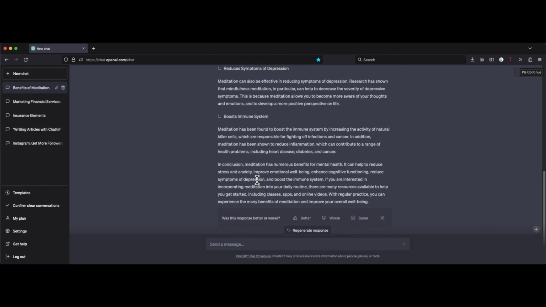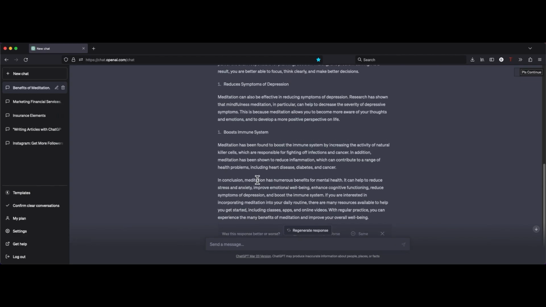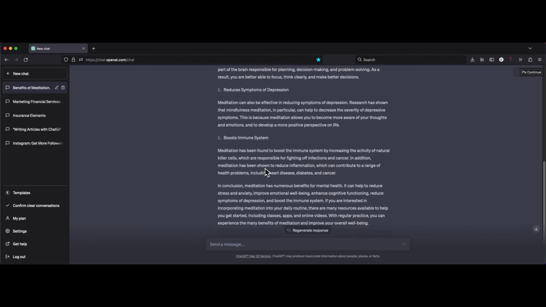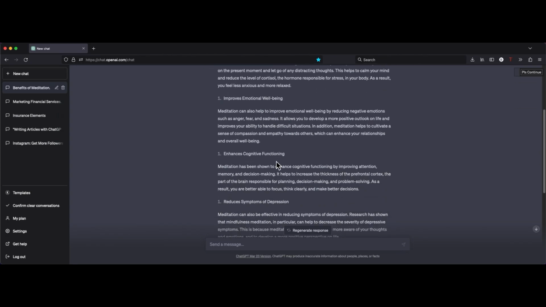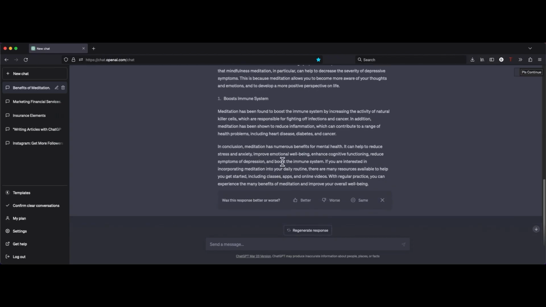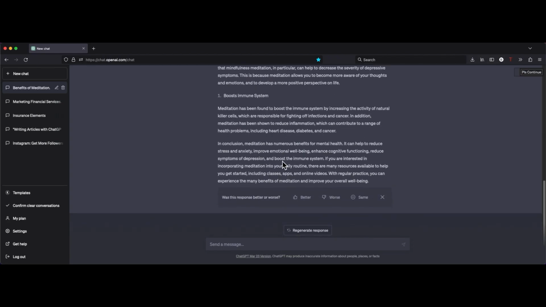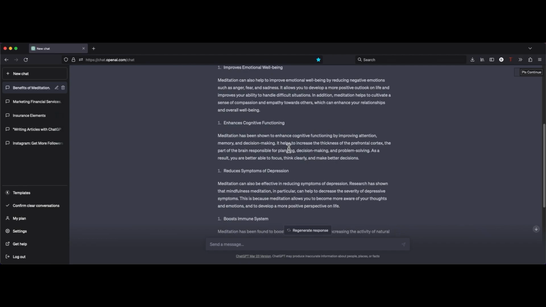Edit and proofread. After reviewing the generated article, edit and proofread it to ensure that it is free from errors, is properly structured, and flows smoothly. After this, you can just publish and promote. Once you're satisfied with the final article, publish it on your website or blog and promote it on social media platforms to reach your target audience. So that's it about how to generate your articles with the